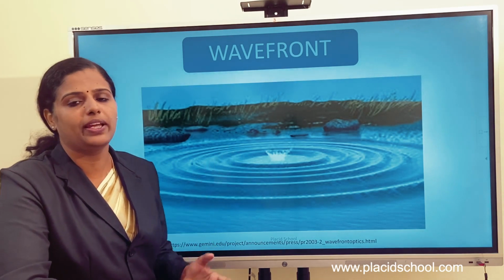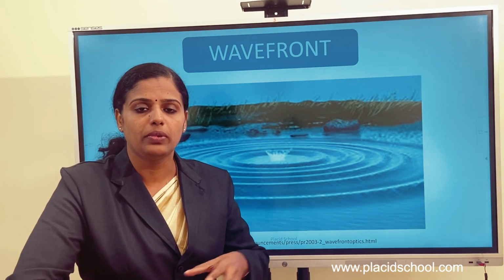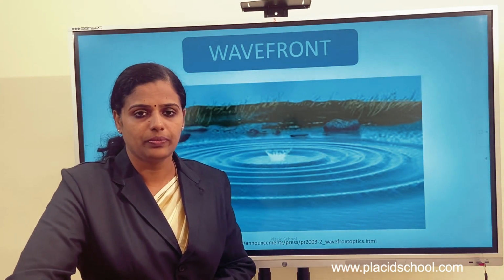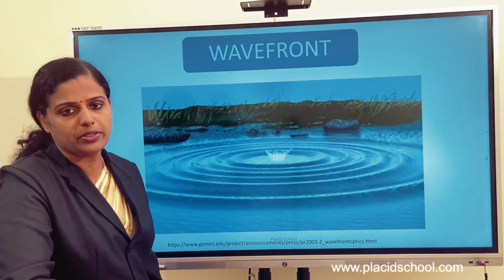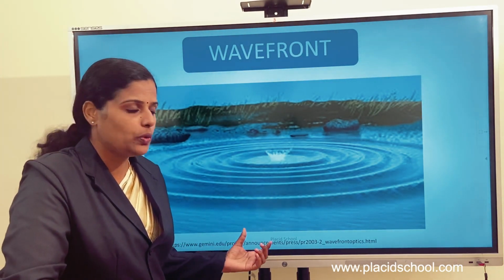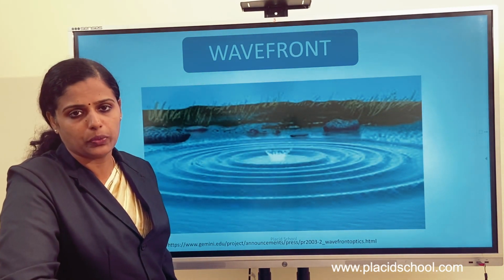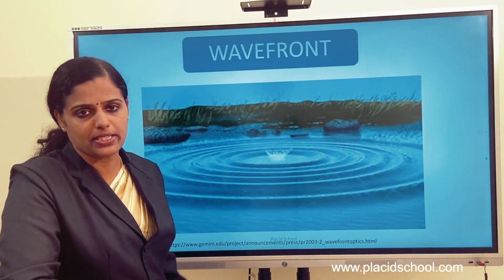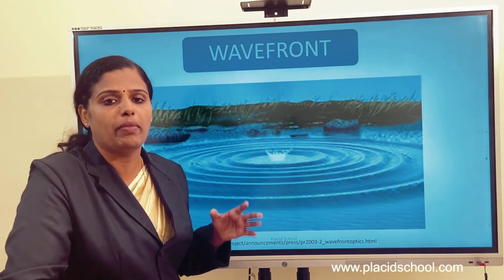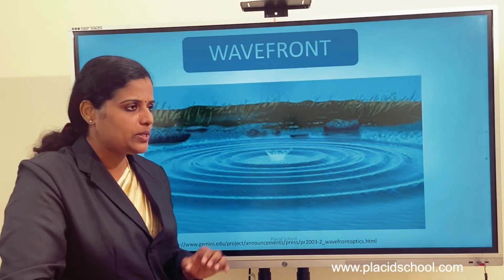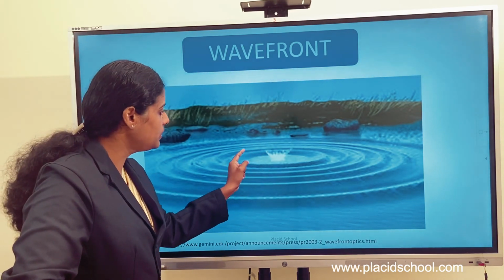Wavefront we can explain by a simple example. When a stone is thrown in a calm pool of water, then we observe a pattern like this. If a photograph is taken, it would show circular rings that would propagate with maximum amplitude or maximum displacement. It shows concentric circles of the waves of maximum displacement, which means that, consider this circle, the particles on these